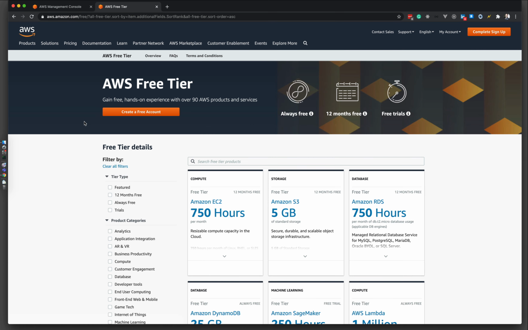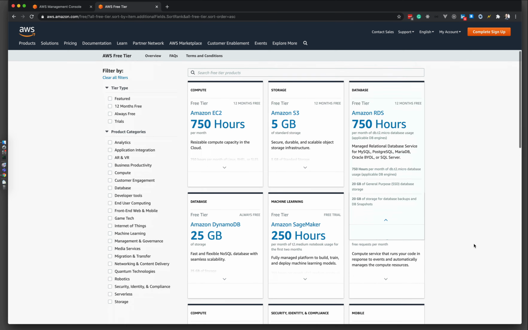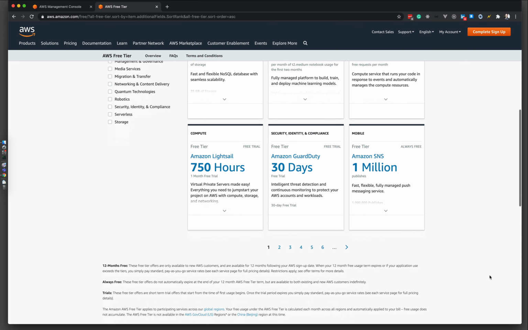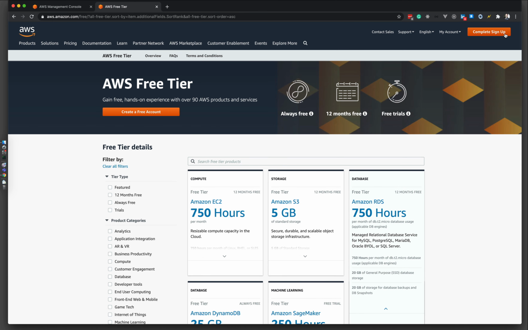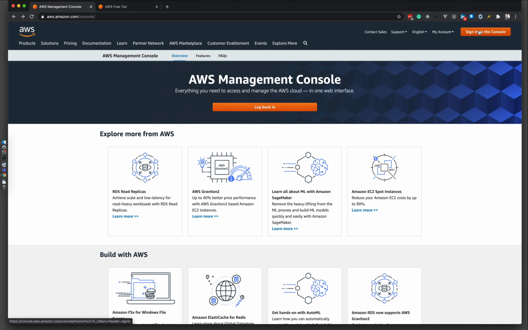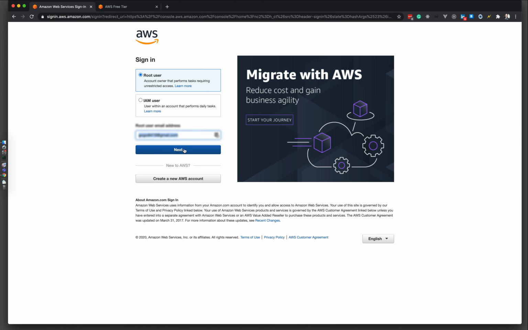If you don't have an account in AWS, you can create one here by clicking on create a free account, where you can get some free tiers. It's going to be an EC2 server with 750 hours per month free, and the rest of the other stuff you can take advantage of in the free tier. Right. So in my case, I do have my account, so I'm going to continue with the console, and I'm signing in